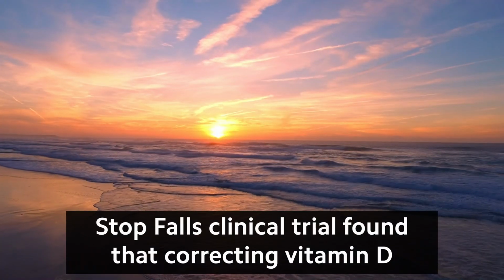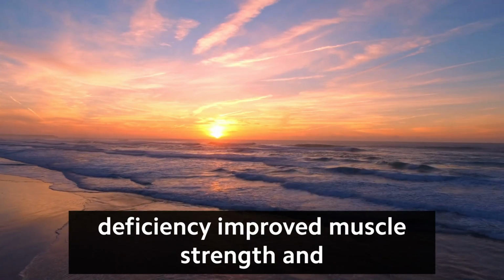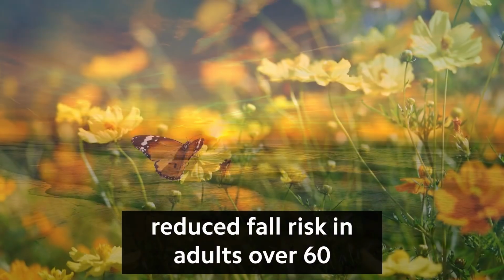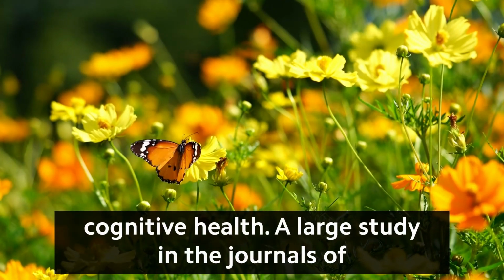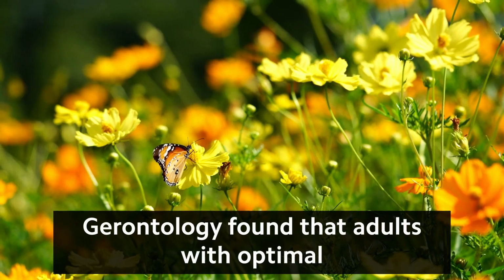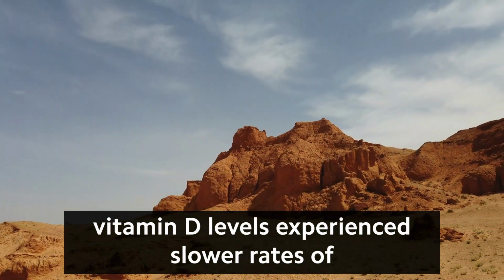Research from the Stop Falls clinical trial found that correcting vitamin D deficiency improved muscle strength and reduced fall risk in adults over 60. Cognitive health. A large study in the Journals of Gerontology found that adults with optimal vitamin D levels experienced slower rates of